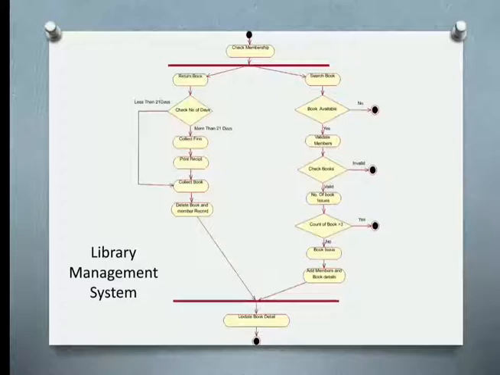The other option is return book. So the user has two options, return and search. These are the two activities shown using a fork, and at the end the activities are joined using a join node. In return book, they check the number of days. If it is greater than the specified date, then they calculate and collect the fine. If it is less than 21 days, then the book will be returned by the normal procedure. So decisions and everything are shown in this library management system.